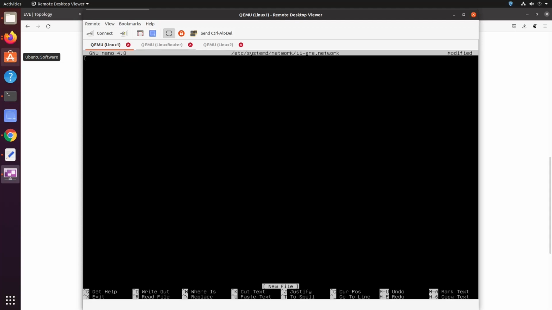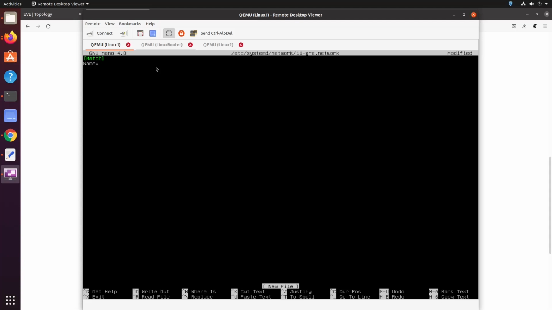The next step is for us to create the network configuration file for the tunnel interface. We will create a .network file for this interface. The purpose of this .network file is to add an IP address on the tunnel interface. The first section is the match section.